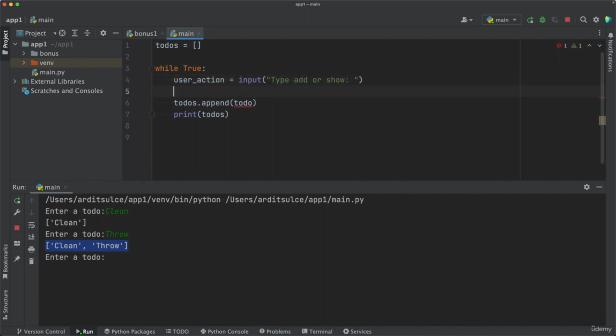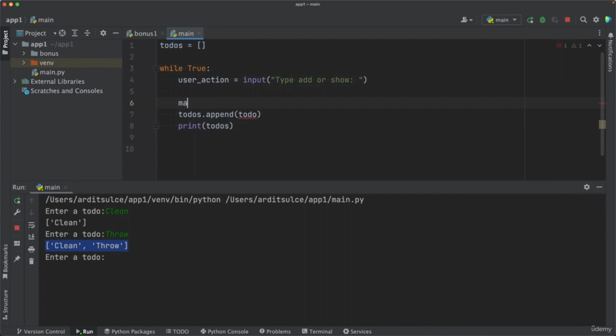And then we say match user action, a colon, and press enter, and you'll see that PyCharm automatically indents the next line. So this match is a block. The match case statement is a block, just like while true. So match user action, case add